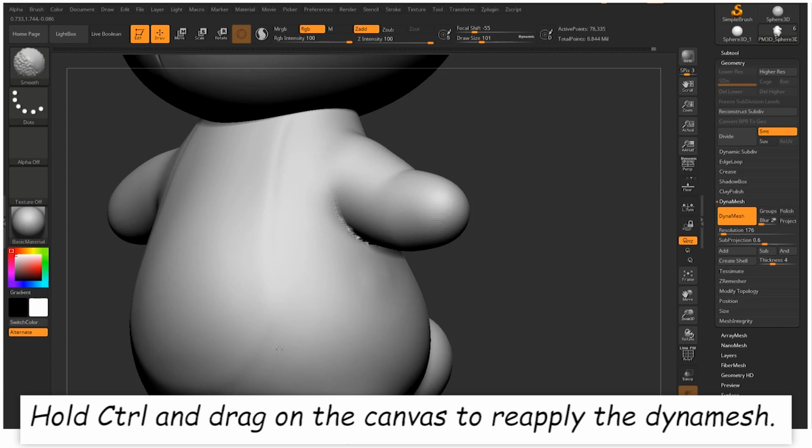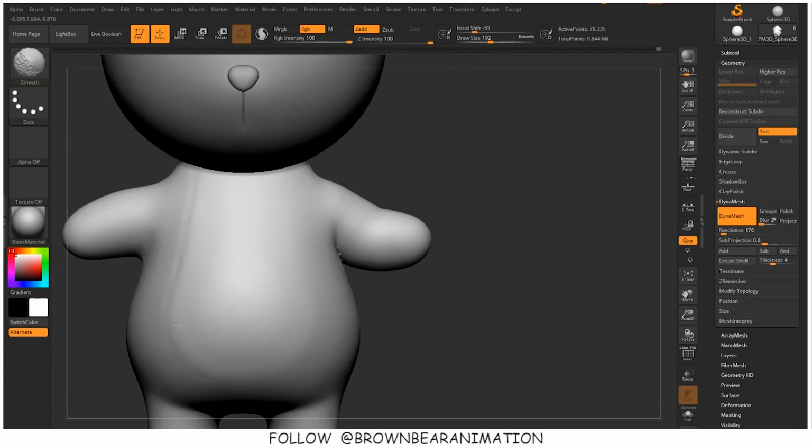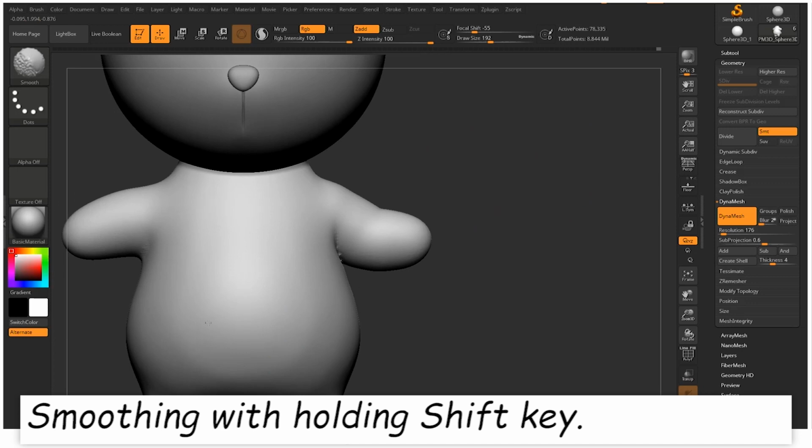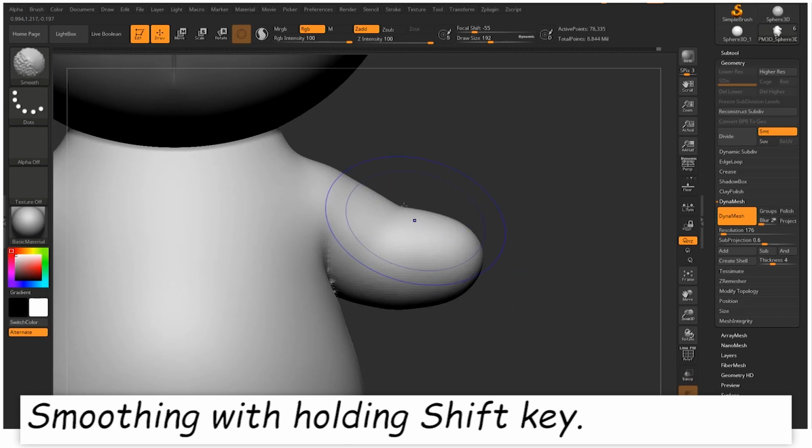At this point I have decided that I will remove the front shape which I have made earlier. I will remove that part. Here you can see that I am smoothing out the whole stomach area. I don't want that shape. I will color that part. That color will represent that shape. I don't want that shape in the model. I have smoothed it out.